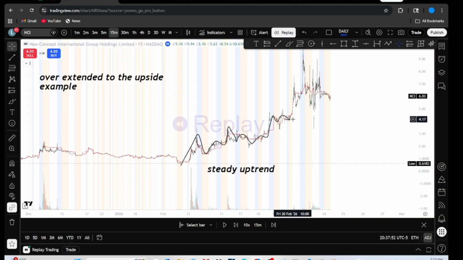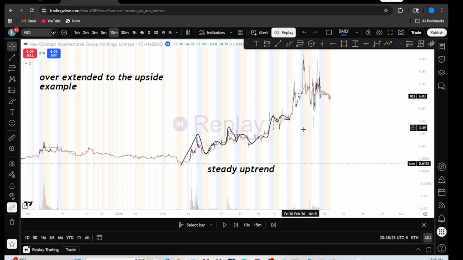Personally, I don't really play with the trend very often. It's just not the game that I'm currently playing. And I haven't played that game in a very long time. I prefer mean reversions, which are those very overextended trends with a lot of emotion that end up reverting back to the mean. That's the style of trading that I personally trade. However, there's nothing wrong with the other way to trade, buying with trends and things like that. There are people who make tons of money with that, and there's all sorts of other strategies that people make money with. But for me personally, I'm looking for those very big overextended trades.